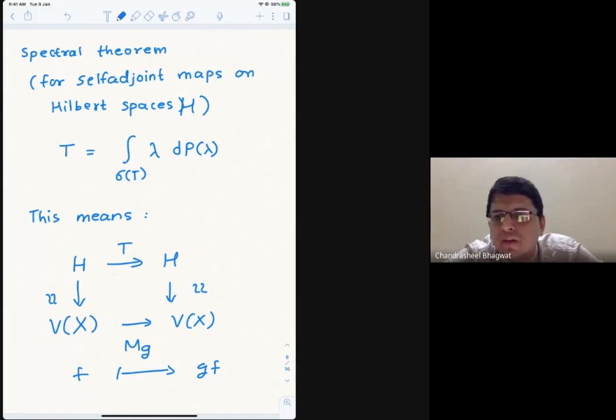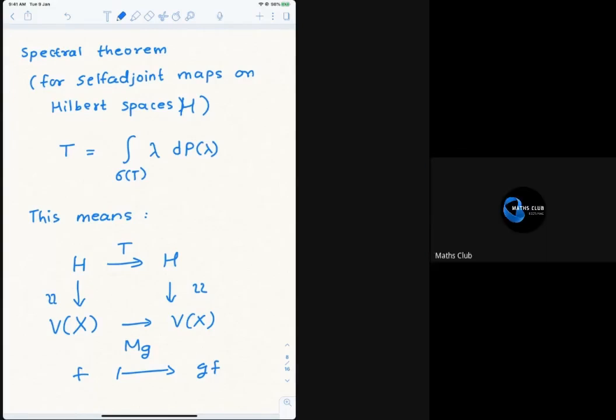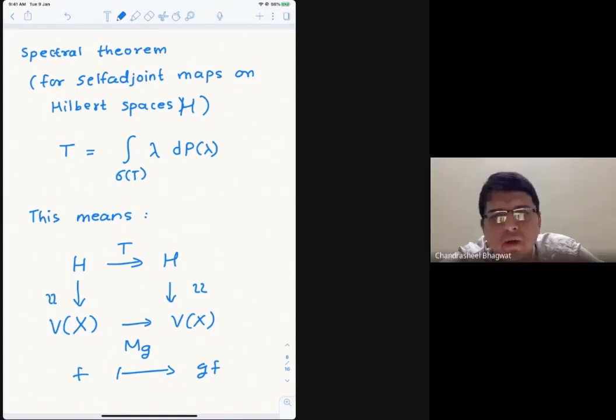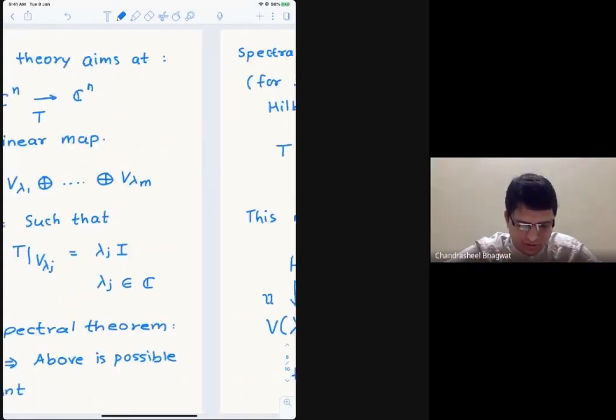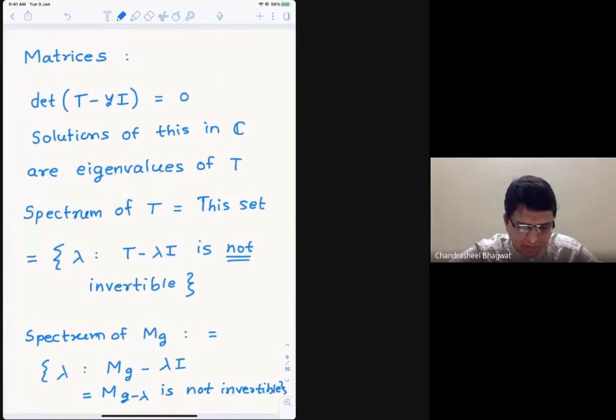Okay, so Vishak is asking a question about irreducible representation. What is sigma of T here? Sigma of T is the spectrum. I think I said that sometime back. You look at any linear map, and then you look at all lambda such that T minus lambda is not invertible. So for any linear map, you can define the spectrum by that. It's denoted by sigma of T. Sigma is the Greek letter for it. Maybe I didn't define that, but that's all.